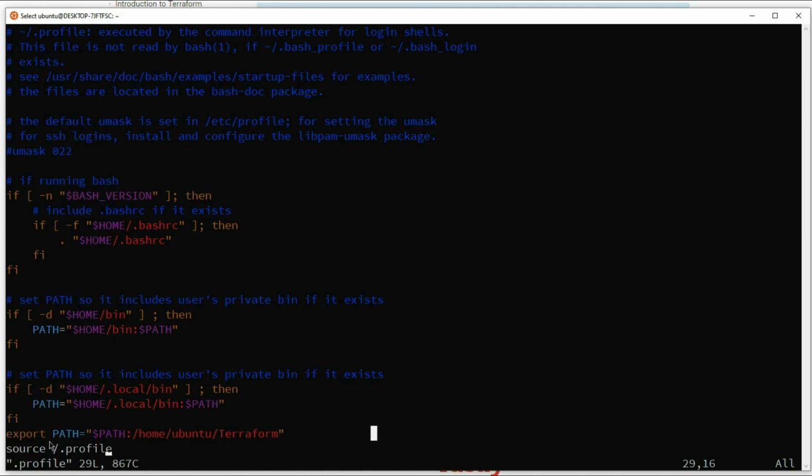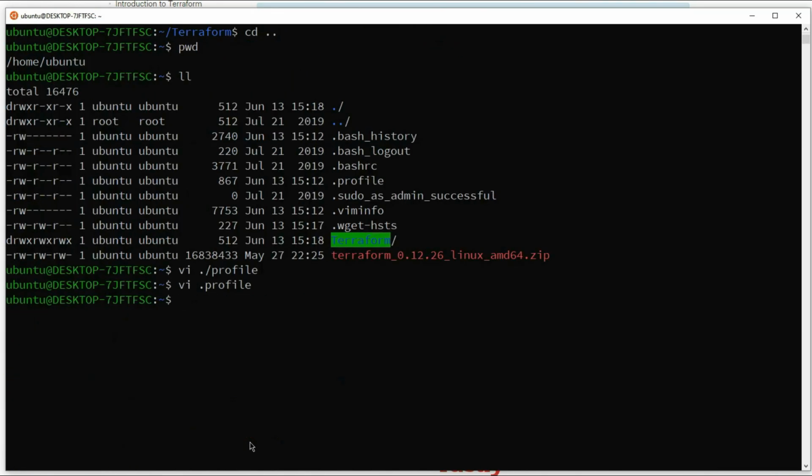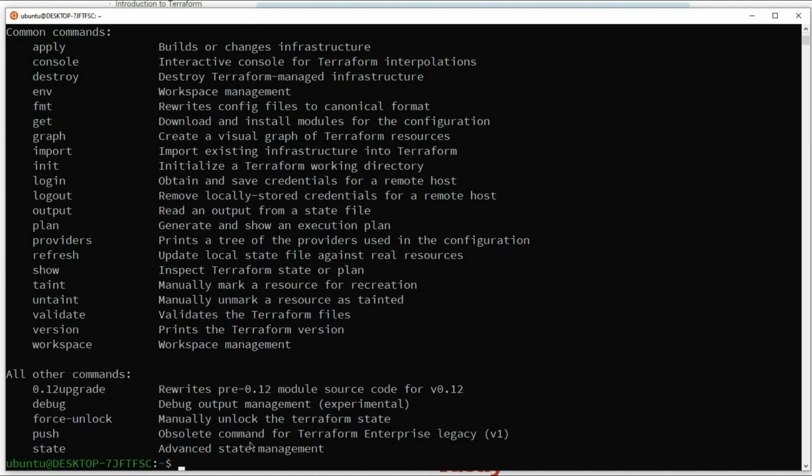So if you see, it is export. We have to use the command called export and then PATH equal to, and we have to give the path. This path is basically the path where we're going to install Terraform, so it is home/ubuntu/terraform. This gives the information to the Linux-based operating system that there is a Terraform application, and this will allow us to run the command from any path. So if you see, I am currently in the home/ubuntu path, and if I run the Terraform command now, it should be running. Voila.